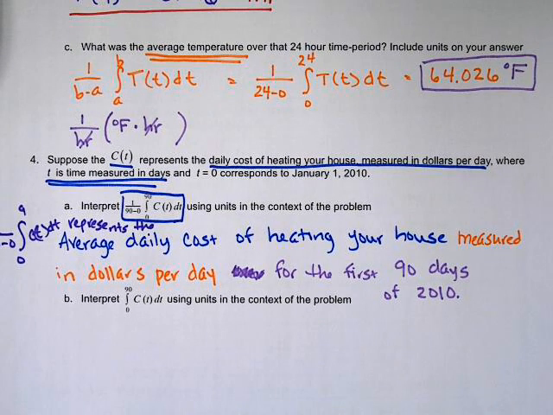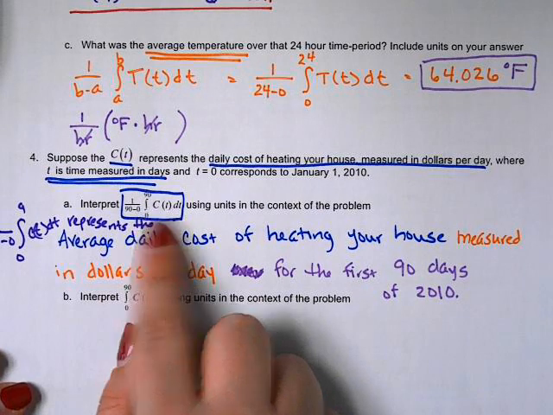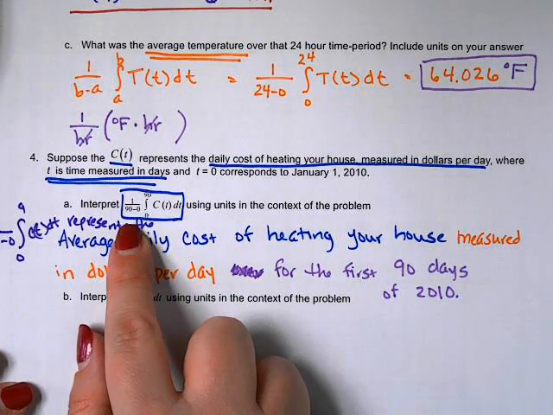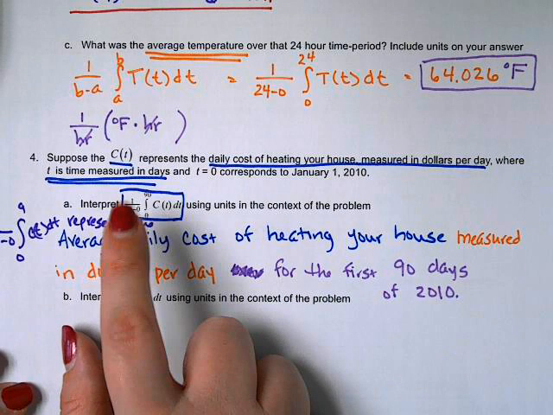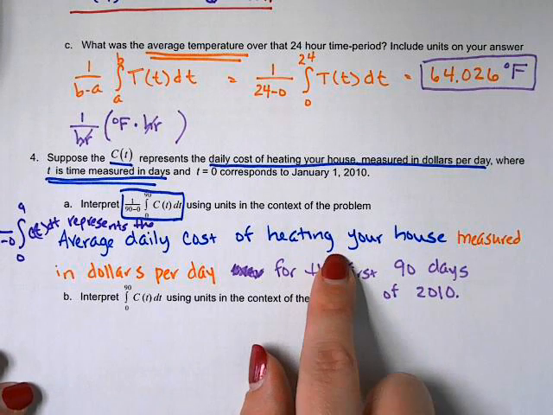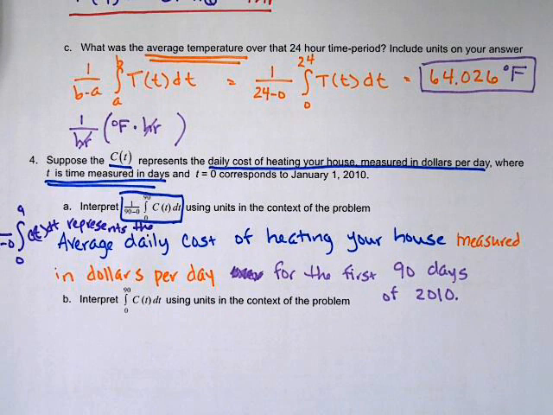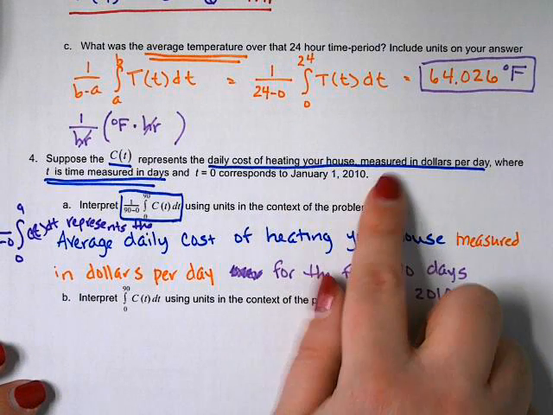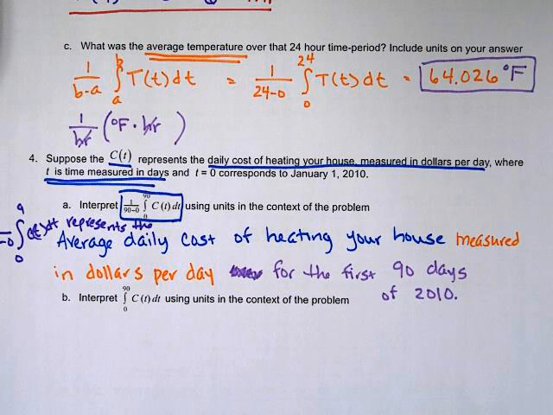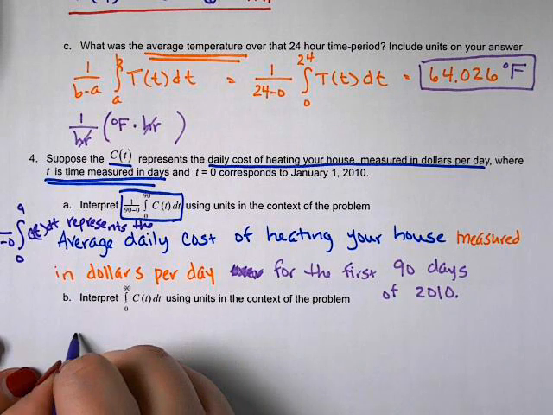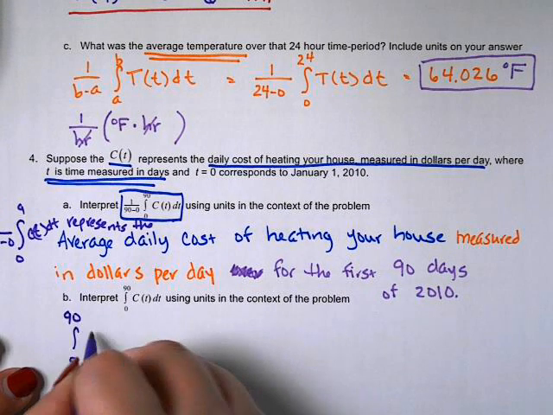Bear with me. Alright, so the last part says interpret the integral from 0 to 90 of C of t dt using units in the context of the problem. So this, we can see, is exactly like this, but without the 1 over 90 minus 0. That part there is what gets us to the average daily cost. This is a little different. We have to remember that C of t is a rate. So if we're doing the integral of a rate, then we're going to end up getting an amount of something. So the integral from 0 to 90 of C of t dt